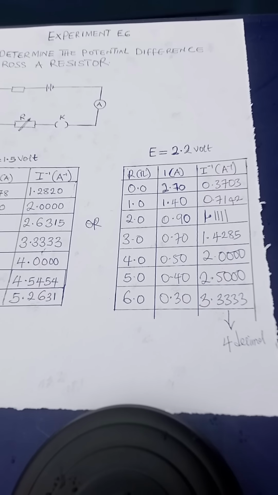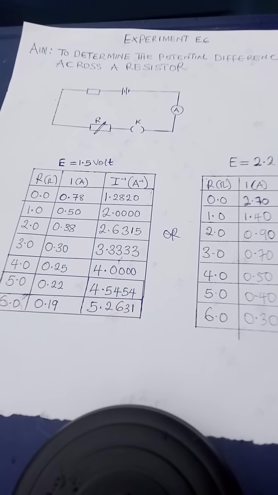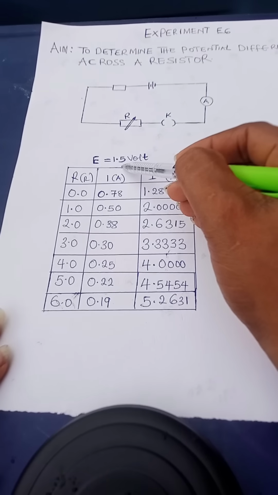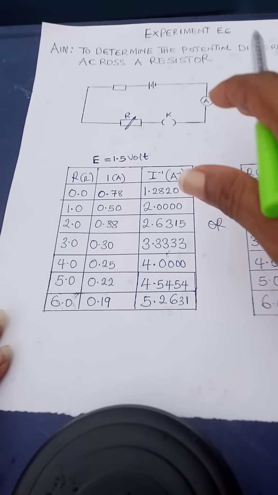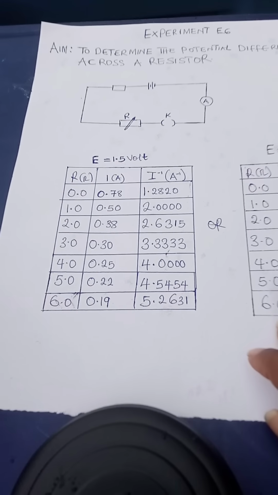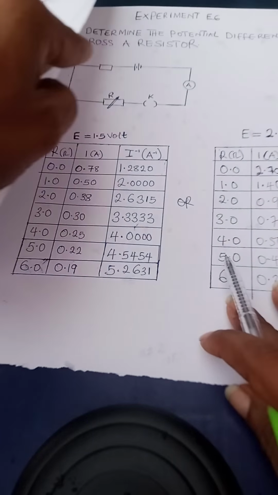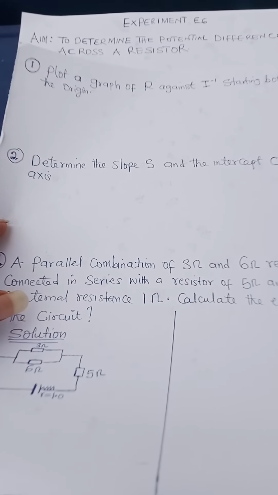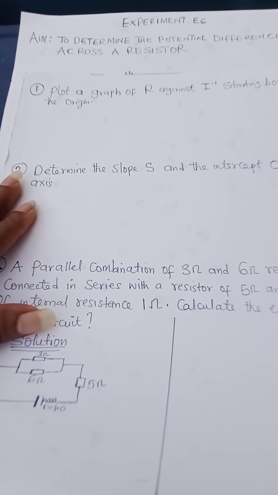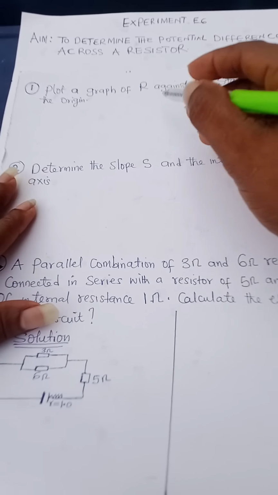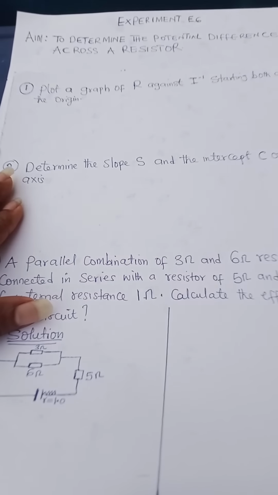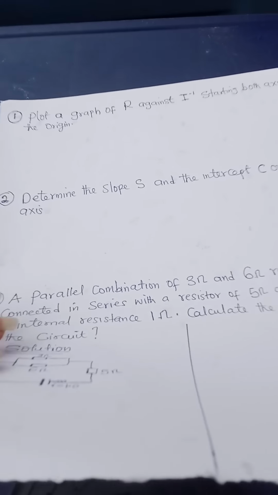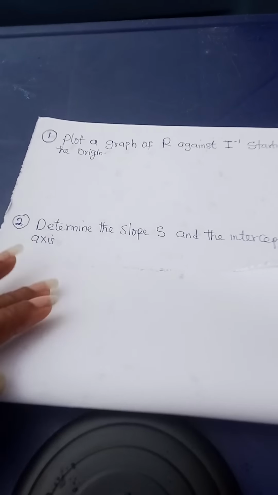I would like us to go straight to the point. I will use this reading, where the EMF is 1.5 volts, and plot my graph. Look at our question here. The first question says that we should plot a graph of R against I inverse. So the first question says we should plot a graph of what? It says plot a graph of R